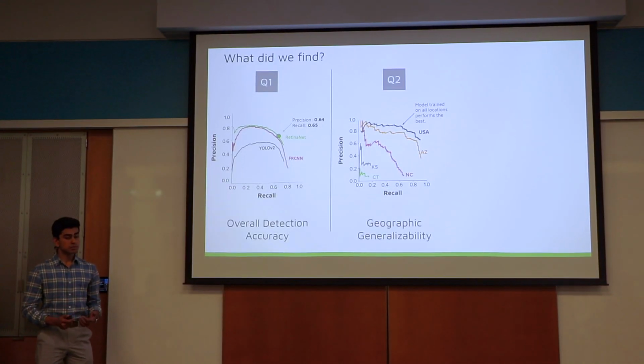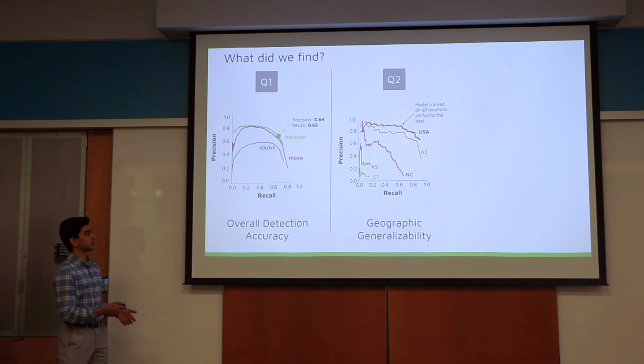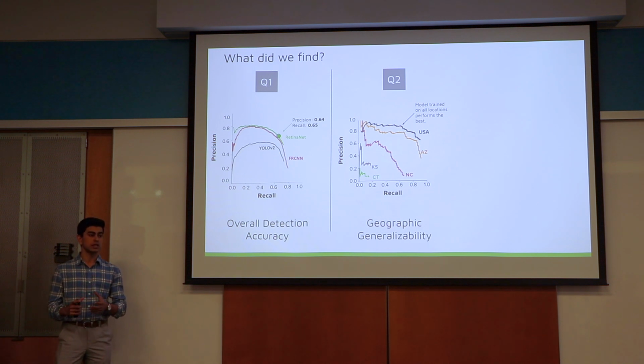Secondly, for the experiment in which we explored the geographic generalizability of our model, we found that if you train a model with several different geographies, it's actually able to aggregate knowledge about energy infrastructure in those geographies and apply it to improve performance. So in the example that we saw here from USA and Arizona, when tested on Arizona, the USA model actually combined its knowledge of energy infrastructure in other geographies to do better than the Arizona model